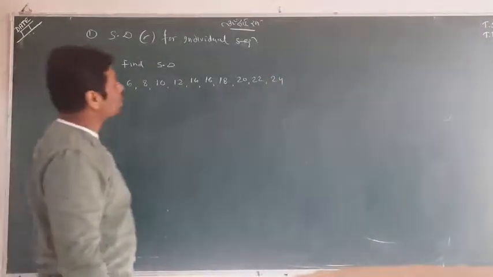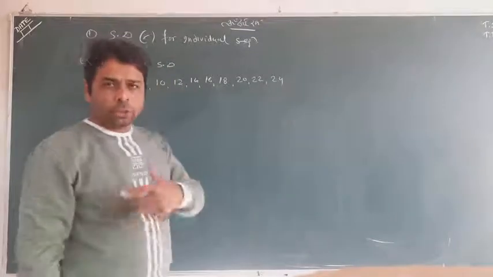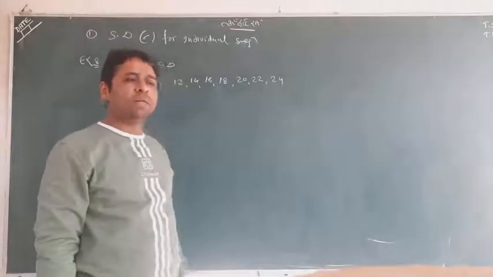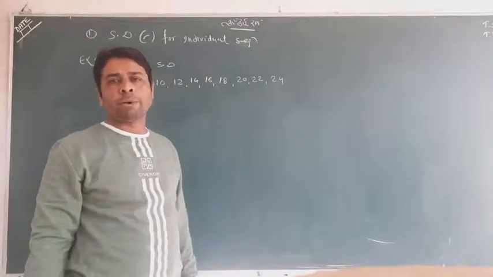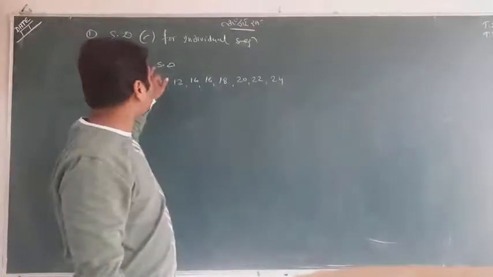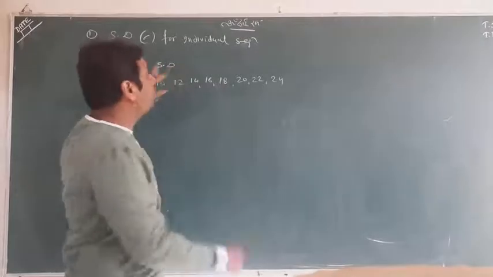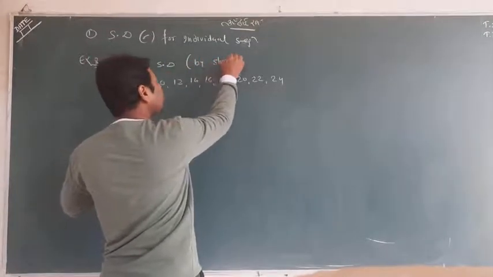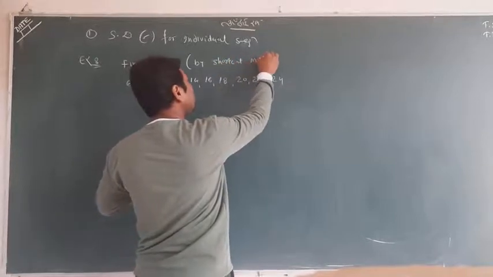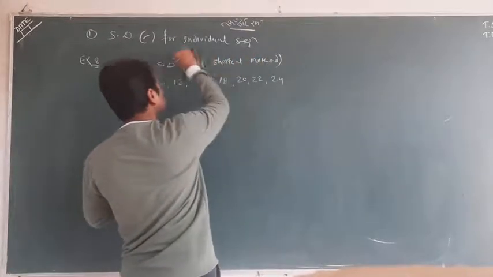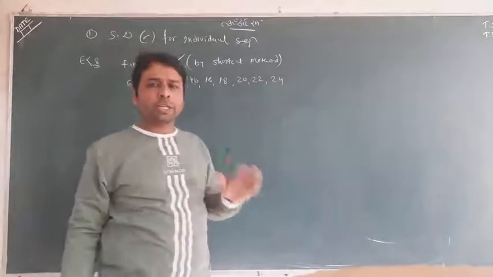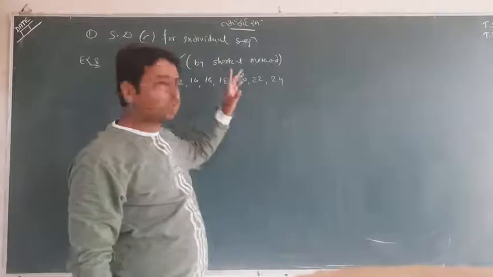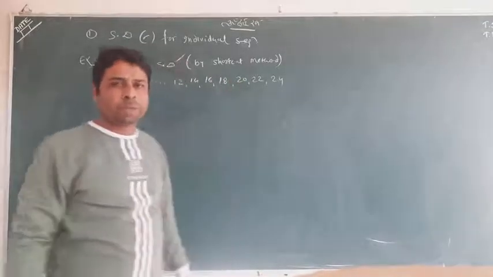Now let me explain first: actually in the question we have to find the variance, but I will tell you about variance later. First of all, we'll look for standard deviation, and I'm telling you by the shortcut method. It will not be told in the exam; you will be just told to find the standard deviation, so any method you can use. The shortcut method is one of the easy methods, so I am telling you this one.